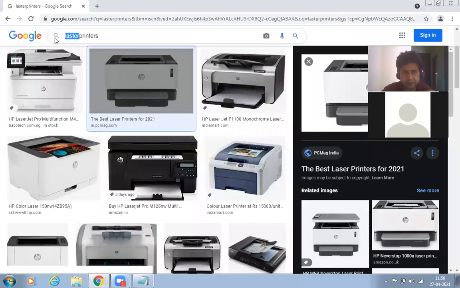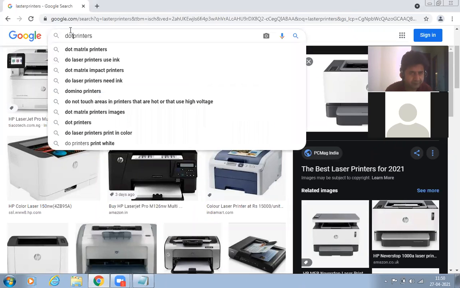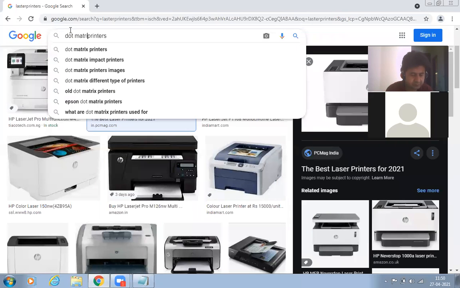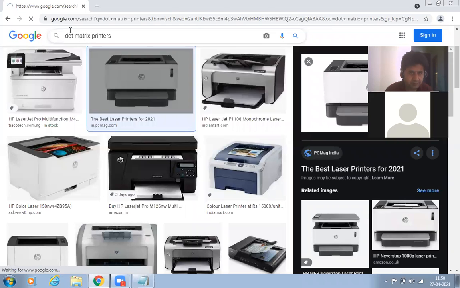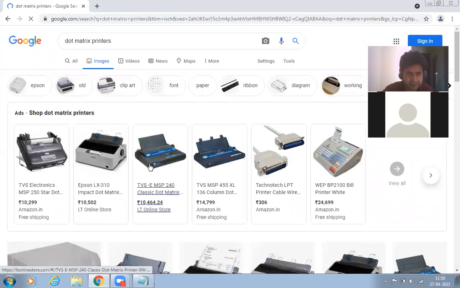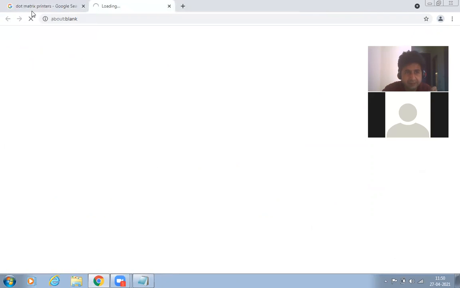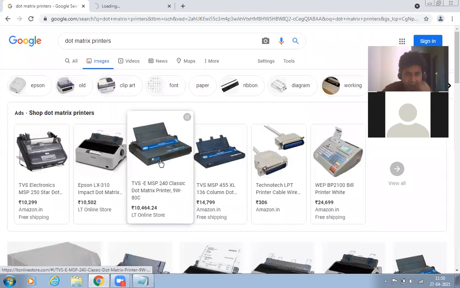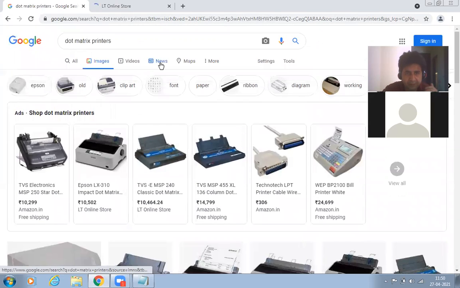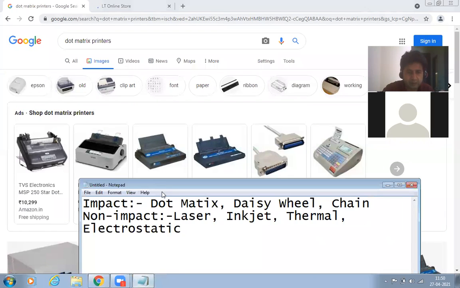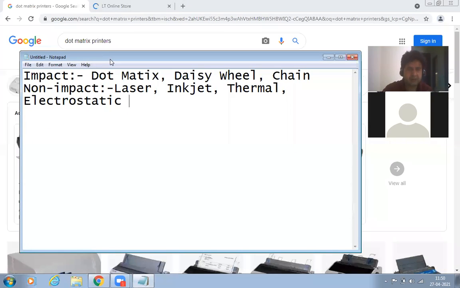But in the case of your dot matrix printer, look at here, in this type of printer, there is ribbon inside. So with the help of that ribbon, there is an impact of the ribbon ink on the paper. So these are the two categories of your printer: impact printer and non-impact printer.